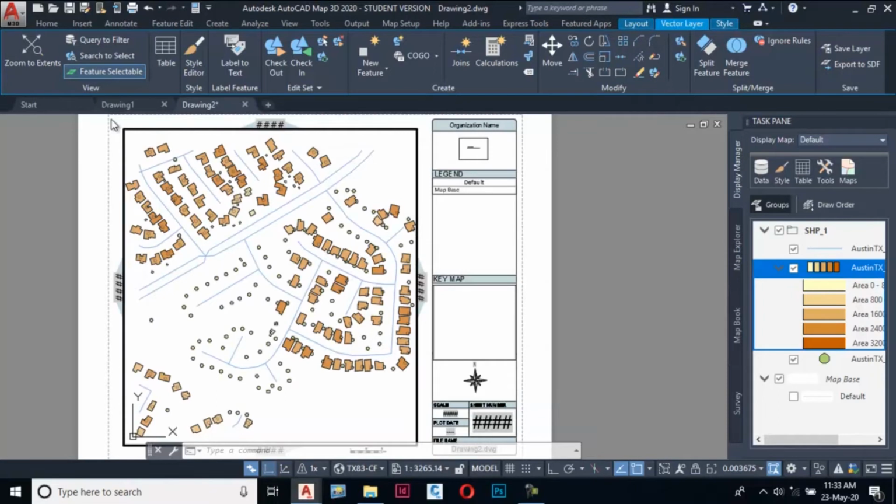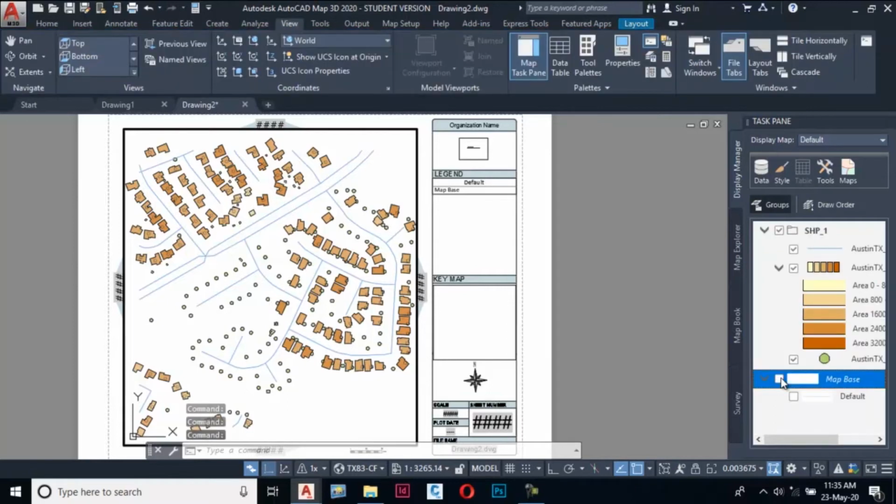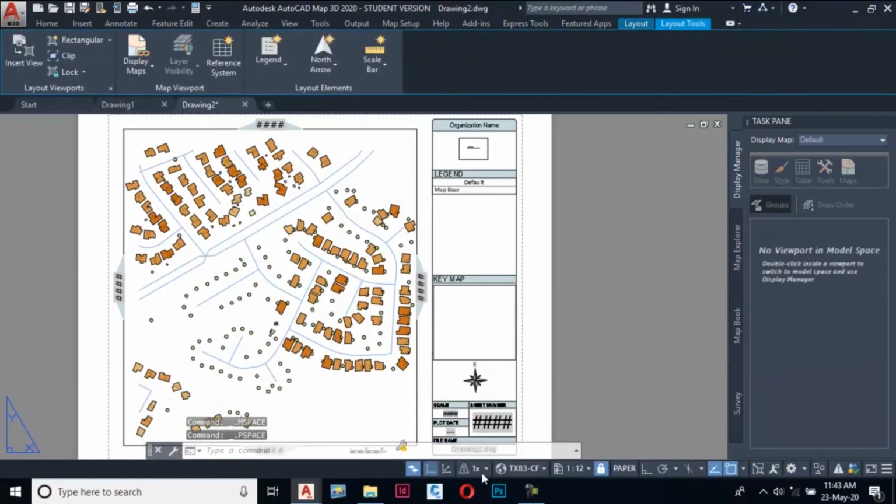In the Style Editor dialog box, the dialog box is closed and the feature geometry in the drawing window is classified into 5 intervals. Next, you will update the map legends in the map layout so that it shows the current display style. Clear the checkbox corresponding to Map Base in the Display Manager tab of Task pane. Next, click on the Model button. Paper button is activated. The paper space is invoked within the layout environment.